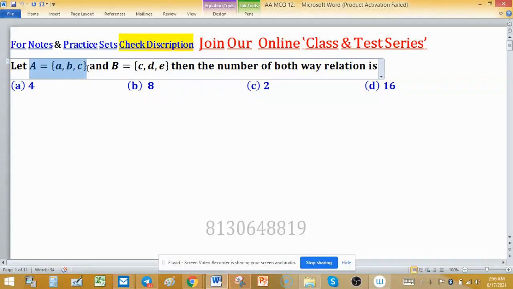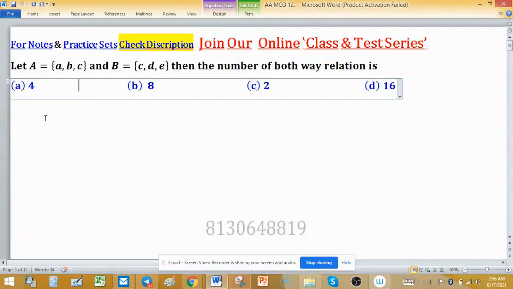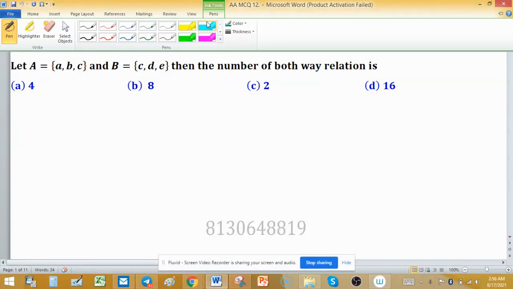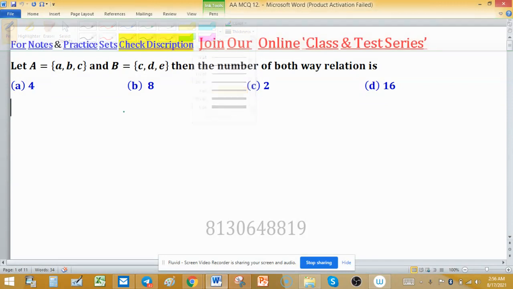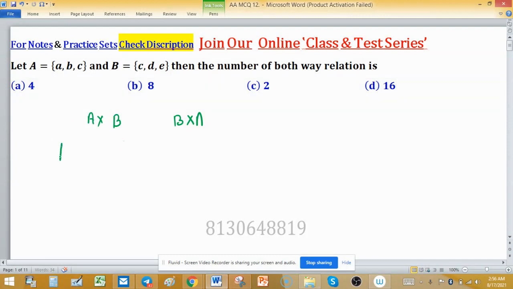If set A is equal to {a, b, c} and set B is equal to {c, d, e}, then the number of both way relations is... Four options are associated with this problem. We have to find out the number of relations which are subsets of A cross B or B cross A. That means we know that relation R is always a subset of